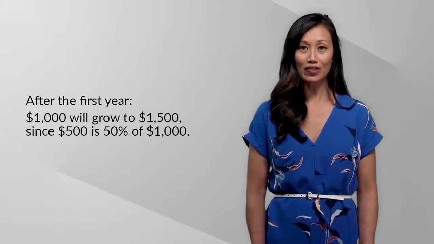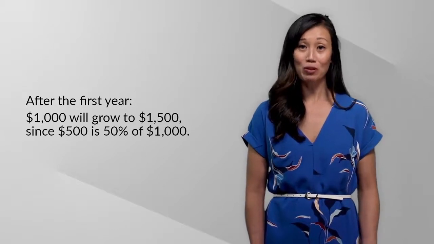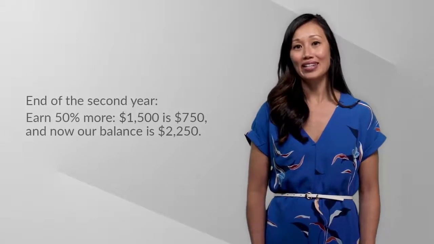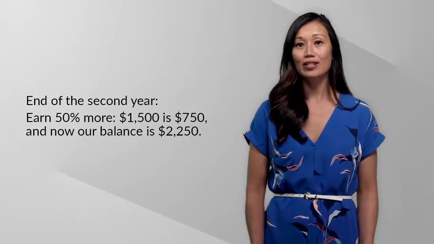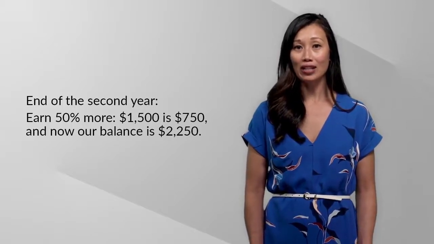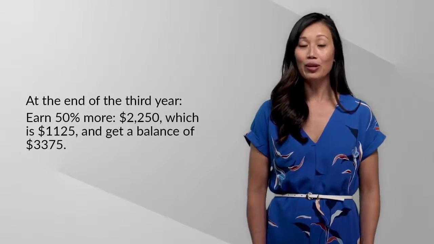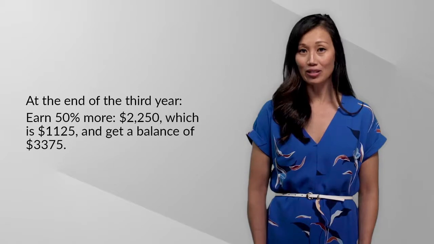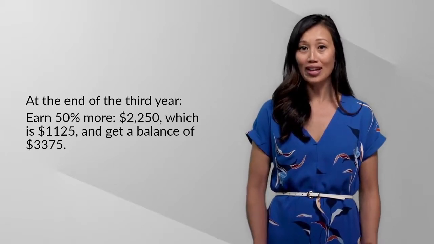The interest earned will increase the balance of our investment every year. After the first year, our initial investment of $1,000 will grow to $1,500, since 500 is 50% of 1,000. At the end of the second year, we earn another 50% on the previous year's balance. So 50% of $1,500 is $750, and now our balance is $2,250. At the end of the third year, we earn another 50% of the $2,250, which is $1,125, and that'll give us a balance of